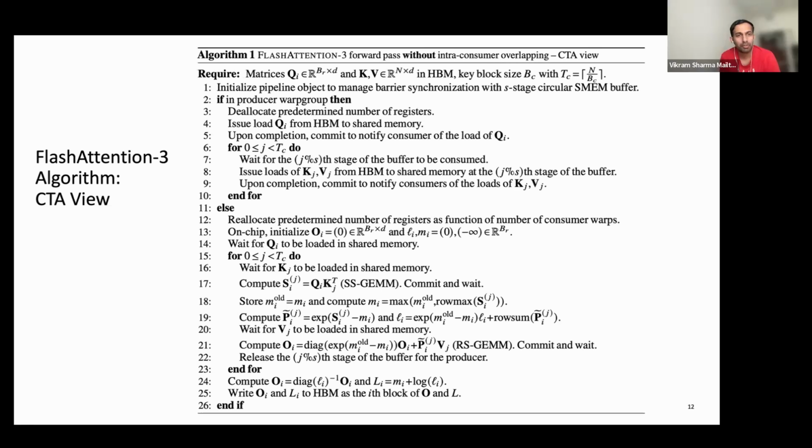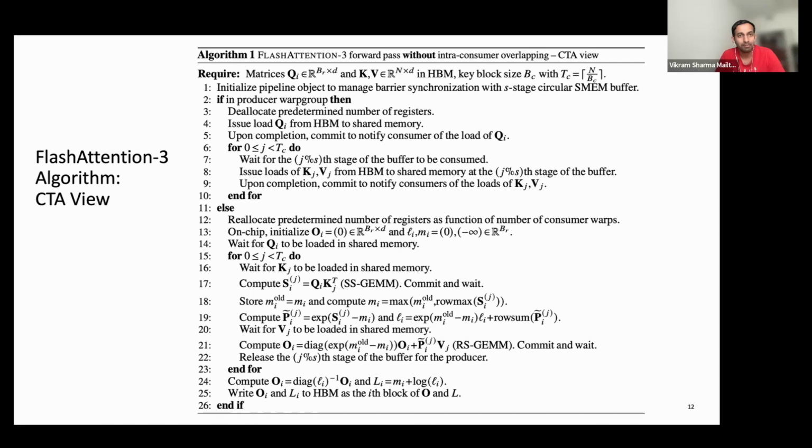Jay, may I ask a couple of questions? Sure. So what was the insight to do warp specialization? I'm trying to understand why did you go down that path? First question. And the second question is, why did you pick warp specialization of two levels? You could have done three, right? You could have done the loading as one, computation as another, and writing as a third one too. So I'm trying to understand what was the insight behind picking two, and also why specialization.